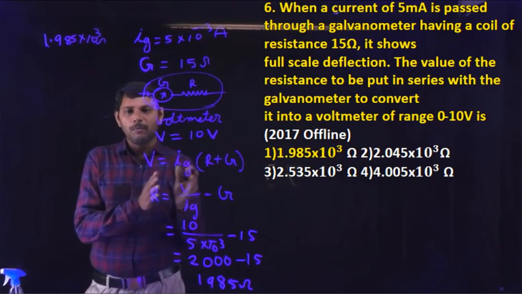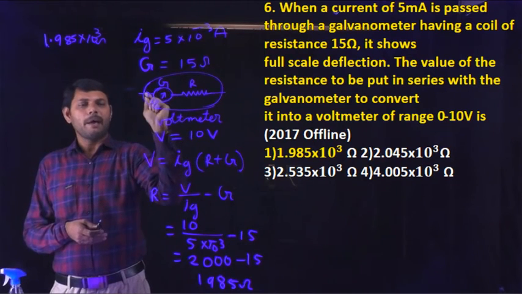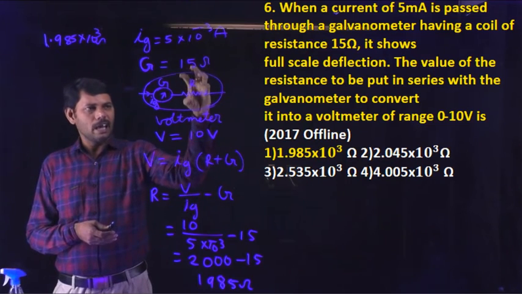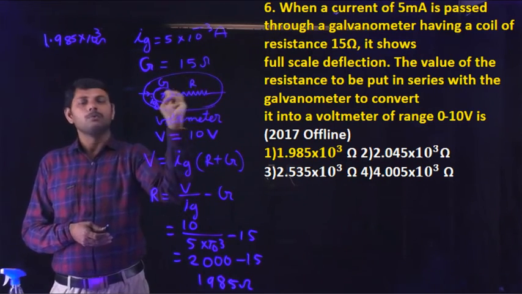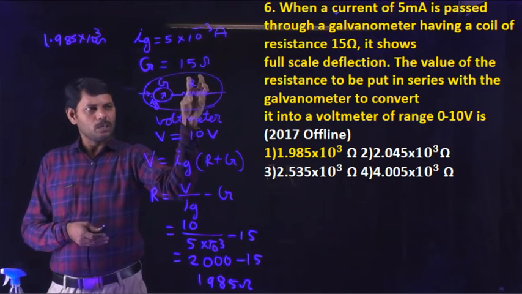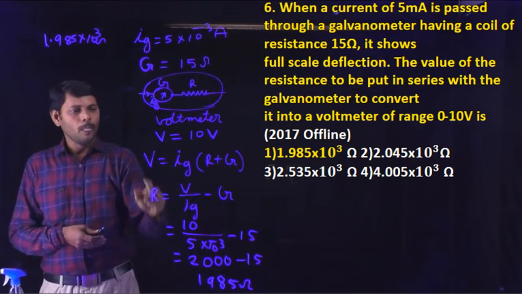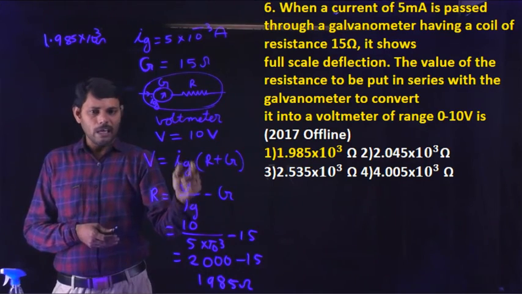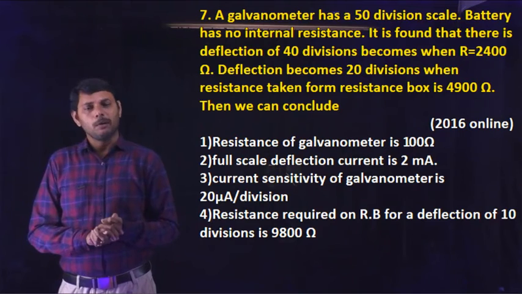Here is the problem in which a galvanometer having resistance Z and maximum deflection Iz is converted to a voltmeter by connecting a series high resistance capital R. Then the voltage measured by this voltmeter is the sum of the voltage drop across the galvanometer plus the voltage drop across the resistor, that is V is equal to Iz into R plus Z. In this equation we know all values except R, and we calculate that series resistance. Students, come to the next problem.